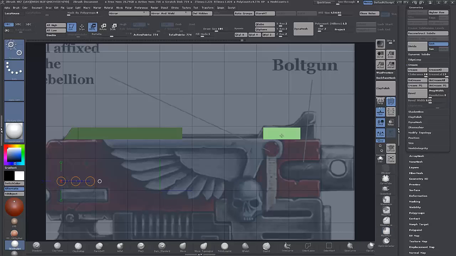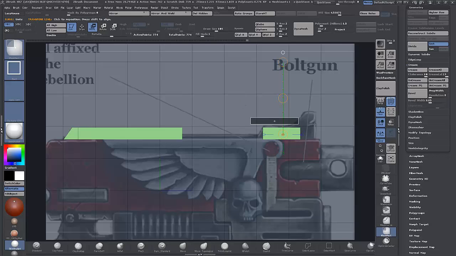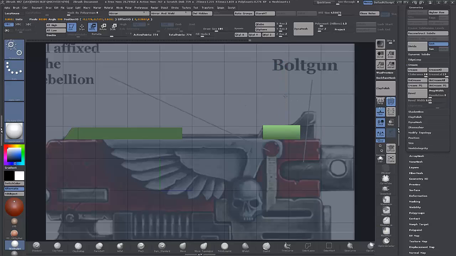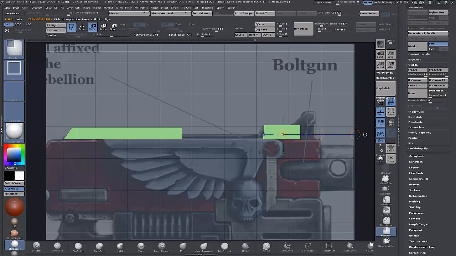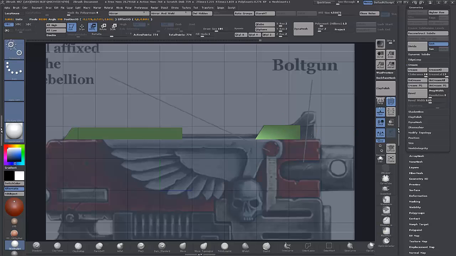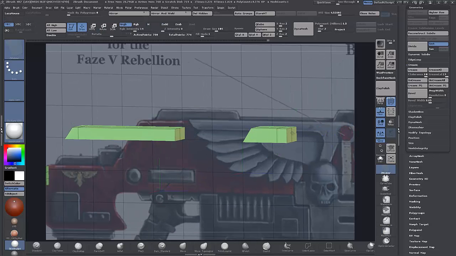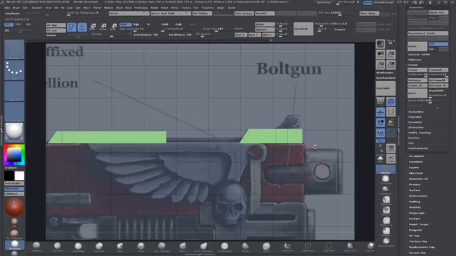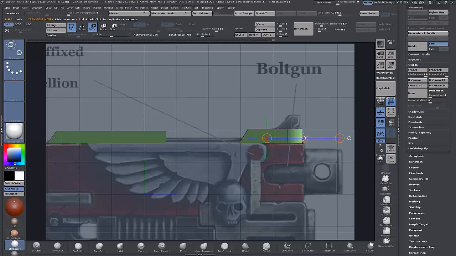Move. Just bring that up a bit. Oh, we'll leave it where it was actually, and I'll just bring the top up here, and bring this over, bring this back, and bring this back to here, and just bring that out a couple of times, and move it back to there,